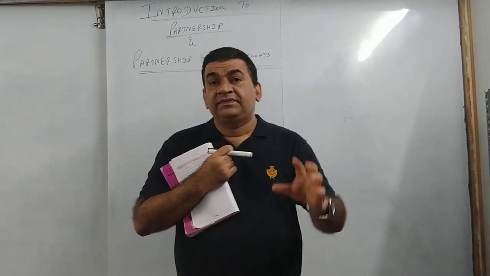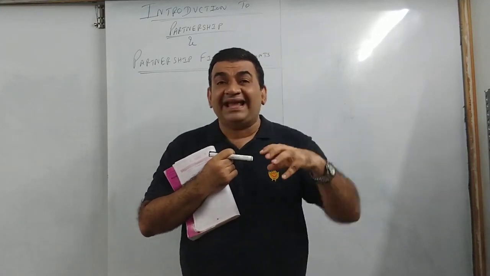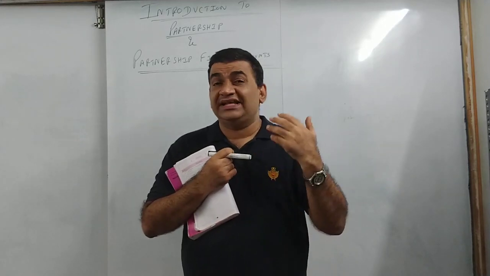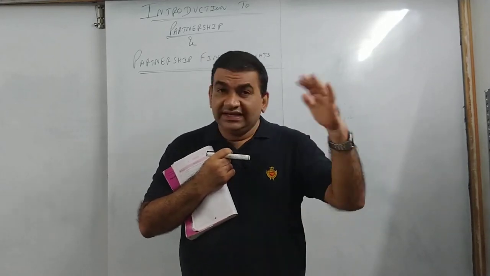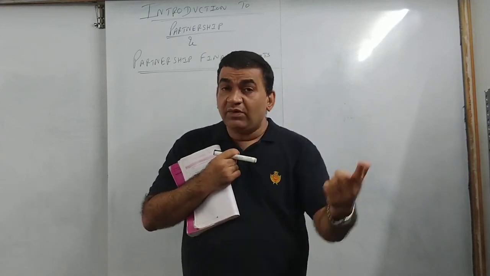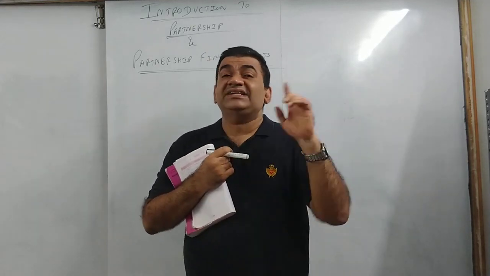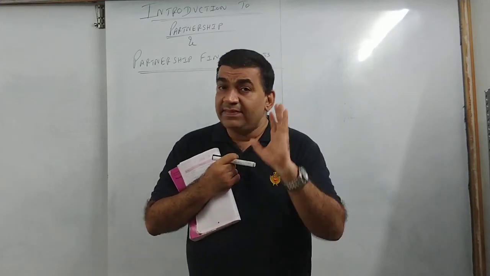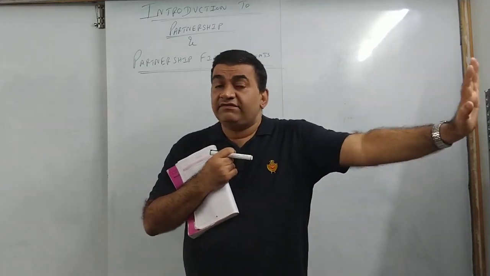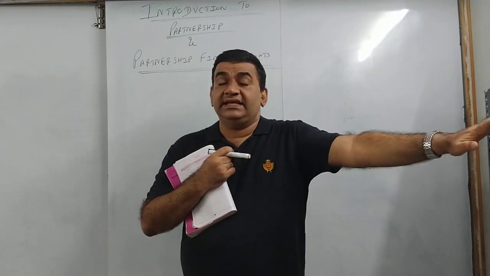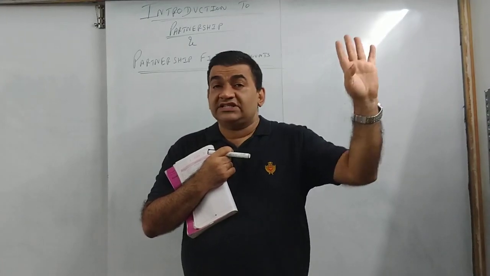That means he has a capital of 5 lakhs. In absence, or if there is a shortage of funds or there is a loss, he has to forego that 5 lakhs. Plus, if required, he has to get extra money from his personal property also. Getting it? Limited में क्या होता है? He has given 5 lakhs का capital. That's it. He doesn't have to bear anything else. ज़्यादा से ज़्यादा उसका 5 लाख जाएगा.